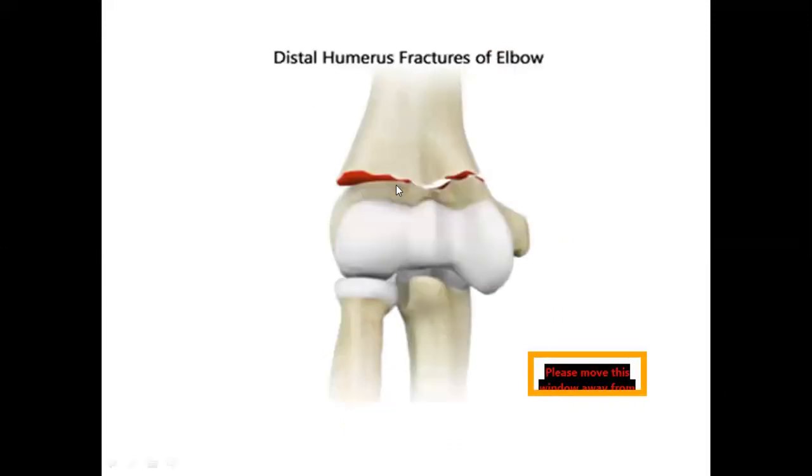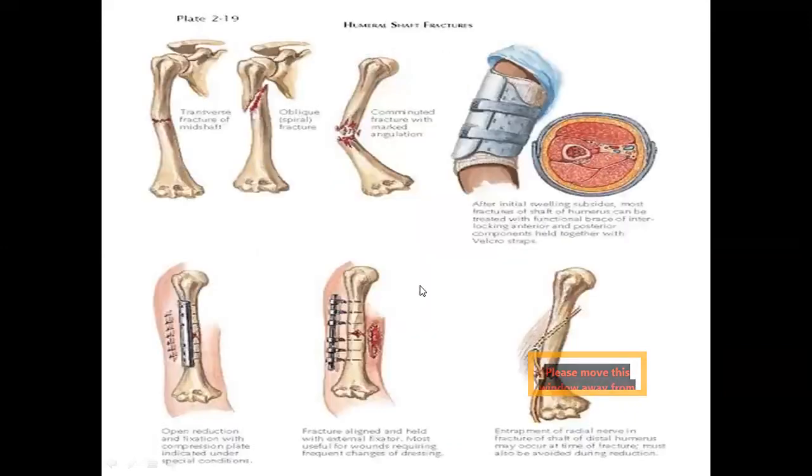At the distal end of the humerus you also find supracondylar fracture. Here, with the medial epicondyle and lateral epicondyle, at the lower end of the humerus you can see a distal humerus fracture. Usually in the elbow joint X-ray we find such things. Generally, if the fractures are like this, we use different types of fixations. This is open reduction, where we use special screws to fix the bone back to its normal position.